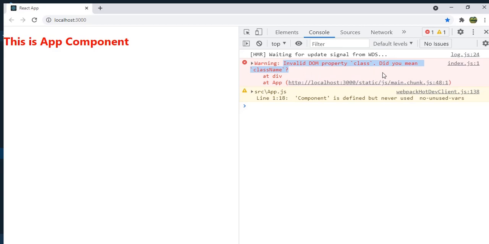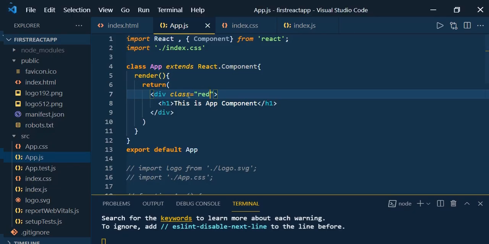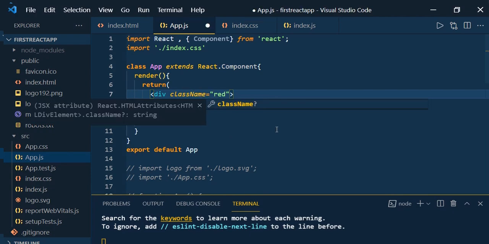React cannot identify the name class, since that is used only for creating JavaScript classes. Here it is not able to recognize what the class is. That's why it is asking, did you mean className? So it should be className.